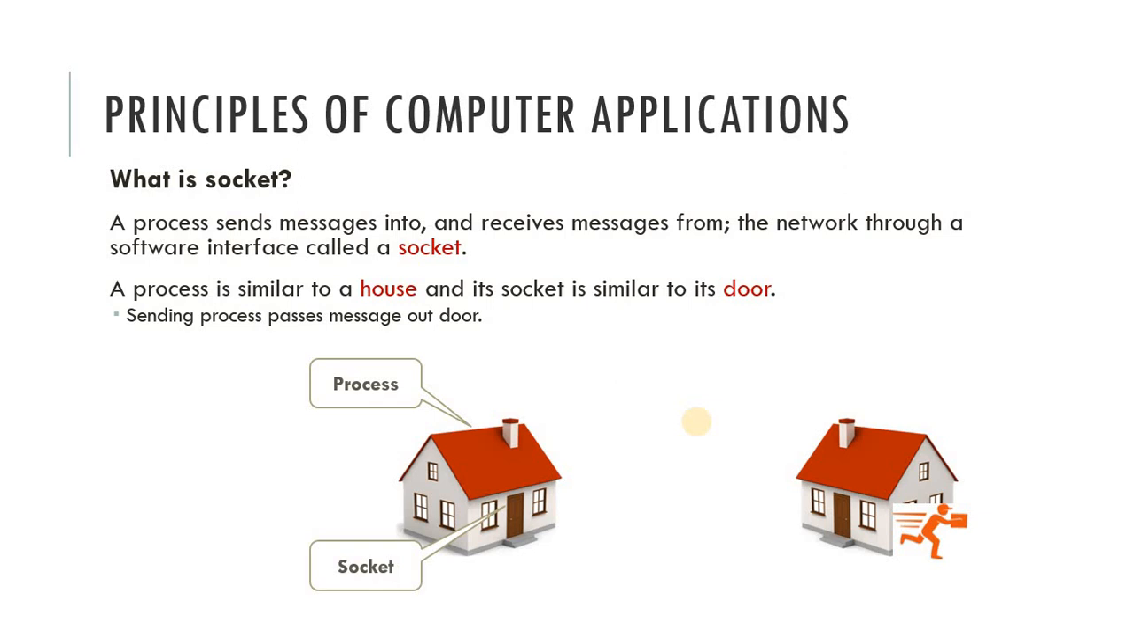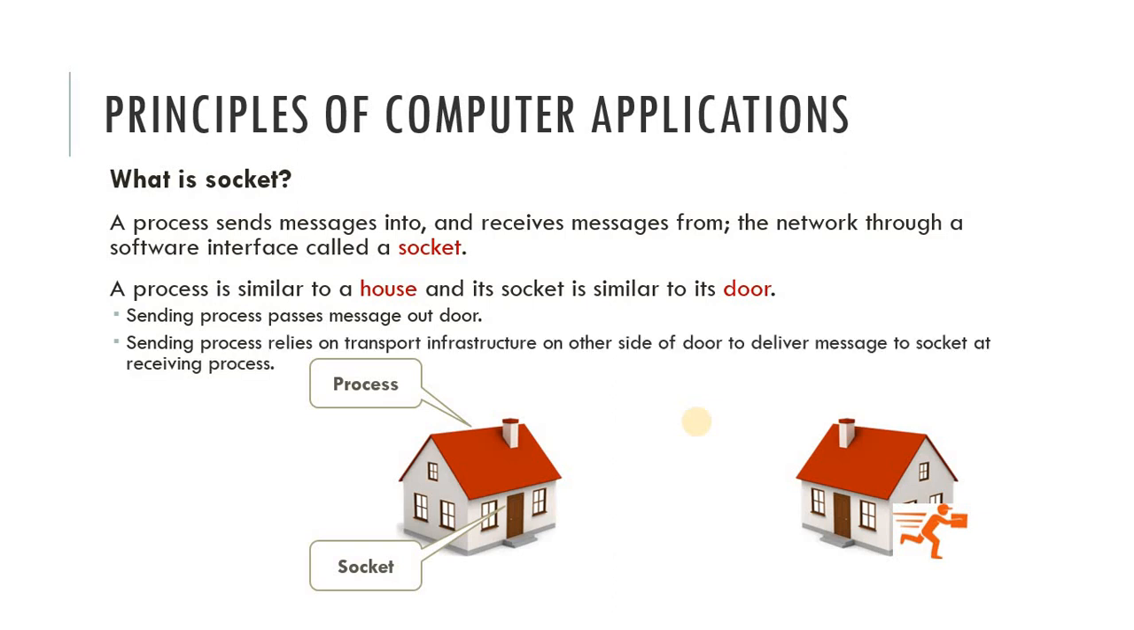So on the application layer, multiple applications reside. On each application there is one door, and with that door the application communicates. That door is called the socket. The sending process relies on a transport infrastructure on the other side of the door to deliver the message to the socket